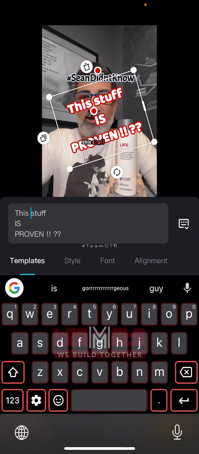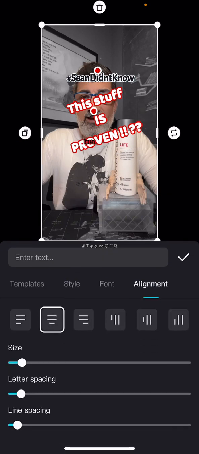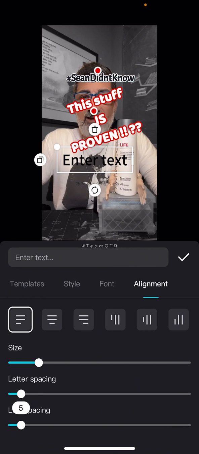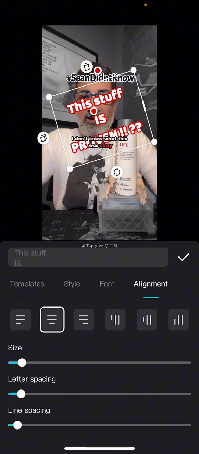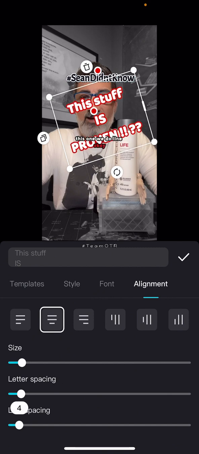This stuff, okay, and alignment. Let's see, line, what happened? This one we don't want, I don't know what this was. Okay, this one we do, line. Okay,